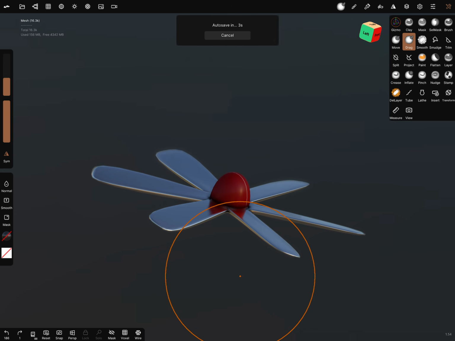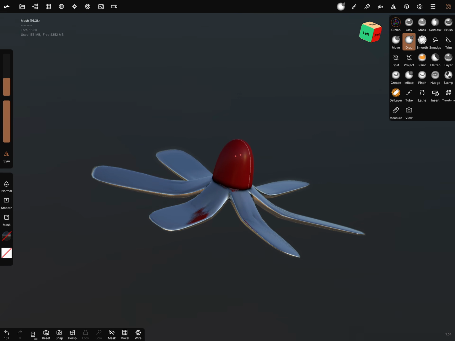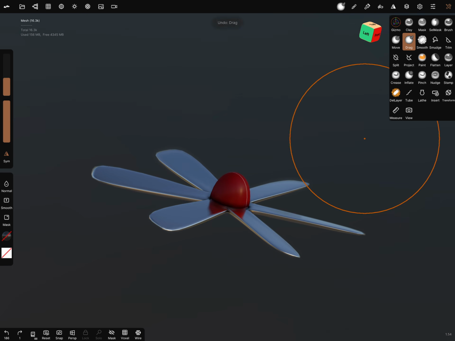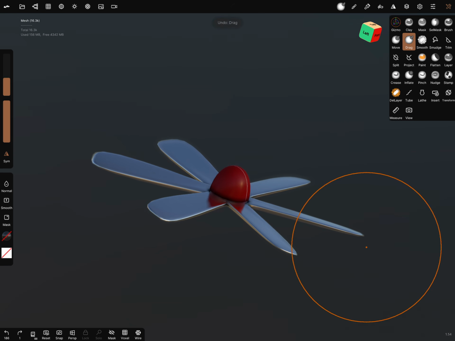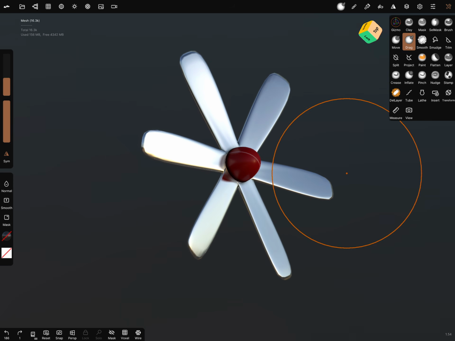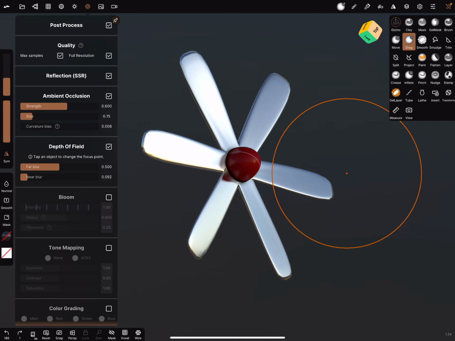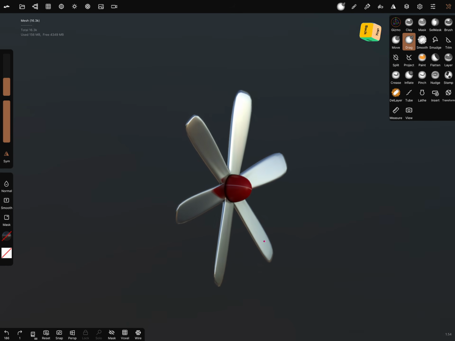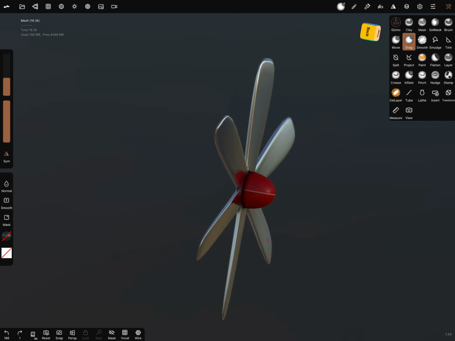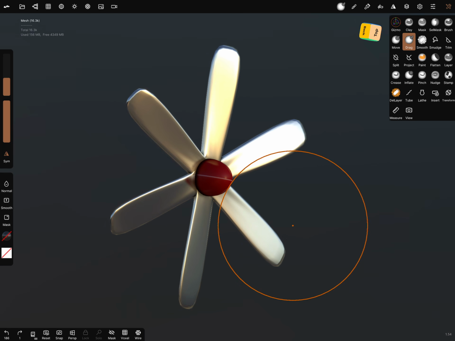We can reduce the radius a little bit and grab this. Yeah, we can play around with it. Post-processing is on. It's a nice, we in Germany say propeller.